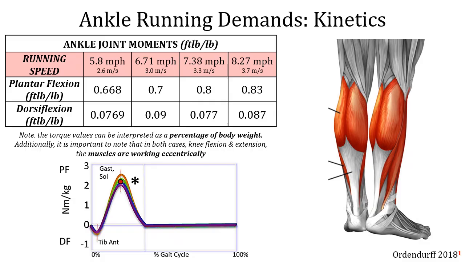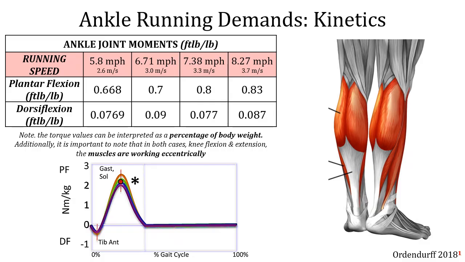All right, so without losing the theme of our kinematics and kinetic demands, the demands for the foot and the ankle are going to be shown here. For your plantar flexors and your dorsiflexors, in regards to normalized force production, you would want to produce at least 2/3 of body weight out of the plantar flexion concentrically, and that's going to be at 5.8